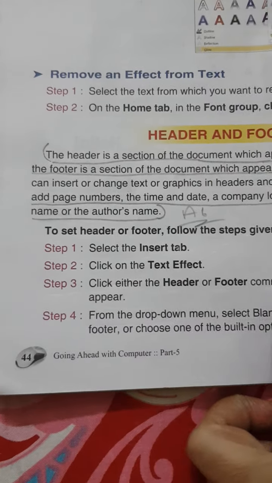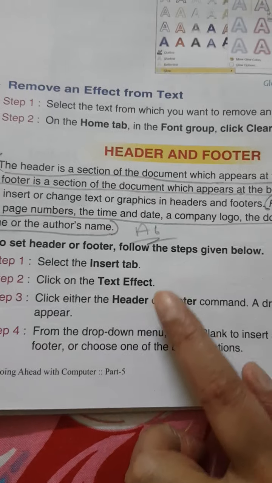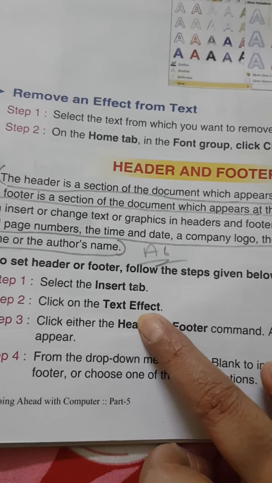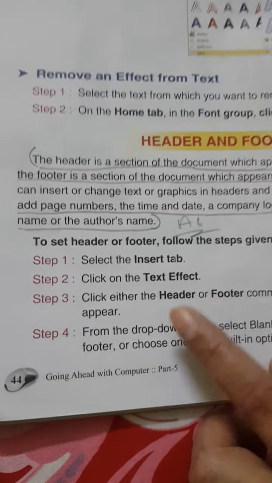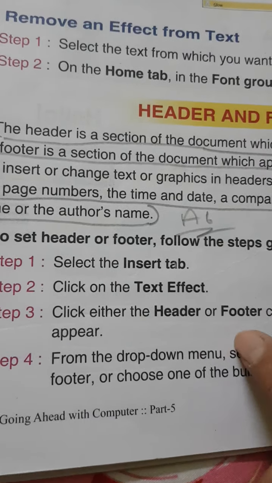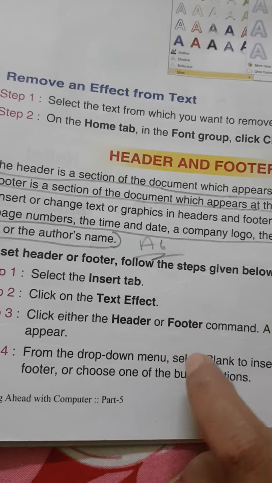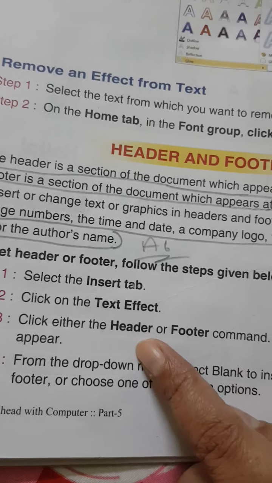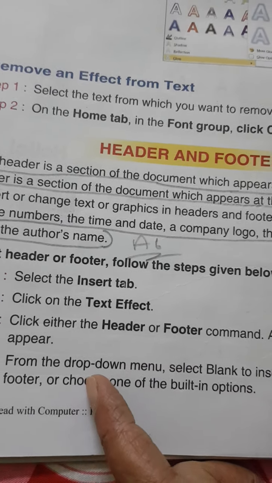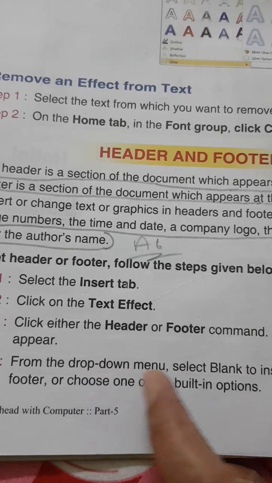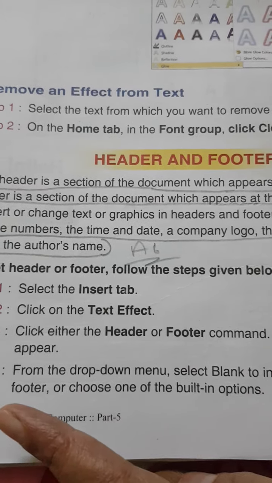You know how to select it. For selecting this option, we can click on the insert tab. After that, we can click on text effect, and in that header or footer option is there. Whichever is needed, we can select either header or footer. And once we are done with the functioning of these, like suppose we have selected header, we can type something in that box, a box will appear, and once we will finish with that, we can press the escape key.